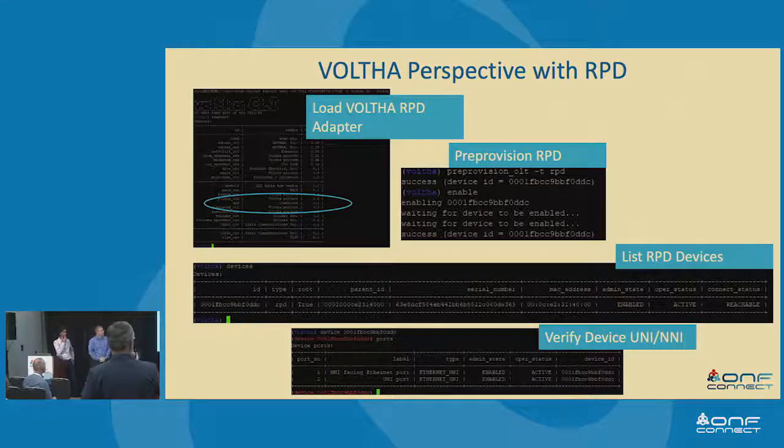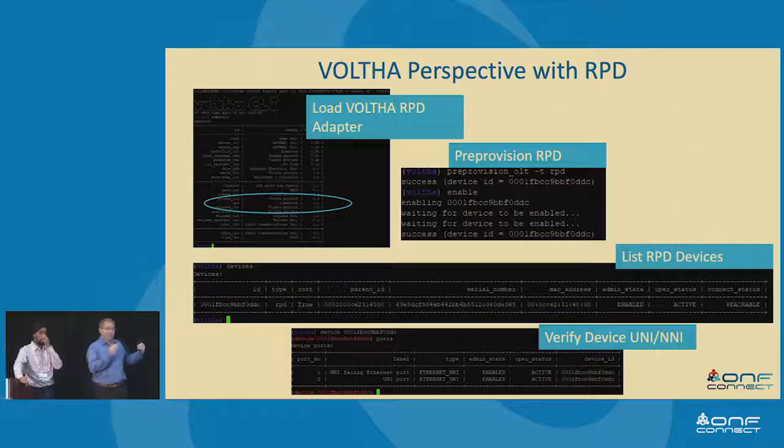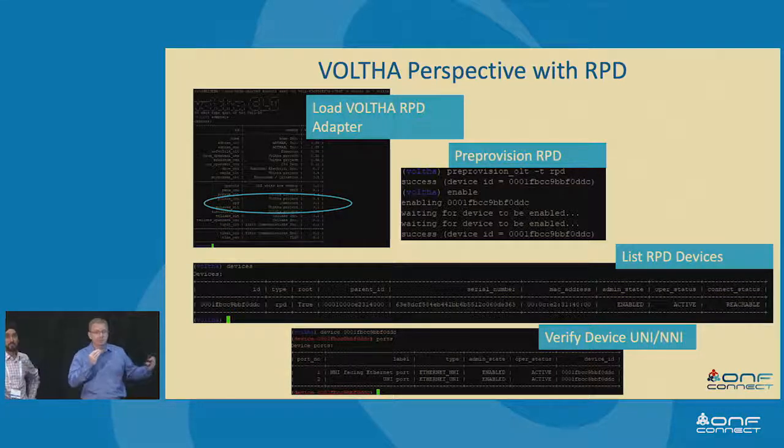Yeah. So the bottom, the last screenshot there, verify device, UNI and NI. So what physical port does port number 2, which is labeled as UNI port, represent? Yes. So you can think of that UniPort as, if you were to physically think about it, the RF-facing port of the RPD. But that's a very interesting port because, remember, the MAC processing is happening in the core. And so whether that core is physical or virtual, that's where the MAC is.